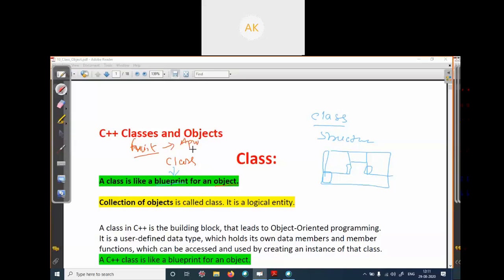Apple has existence, orange has existence, banana has existence. These are the objects which actually exist. But fruit is just a logical entity, we are just defining the collection of fruits. So collection of objects is called class, but they must be similar. And class is a logical entity, not a physical existence.